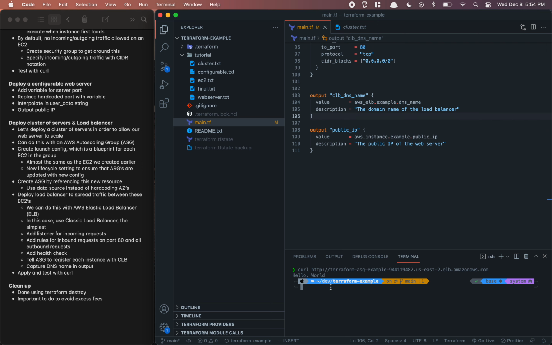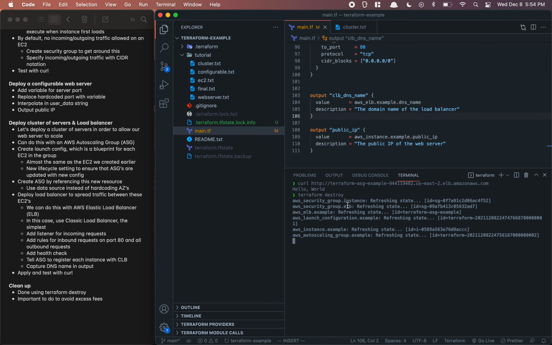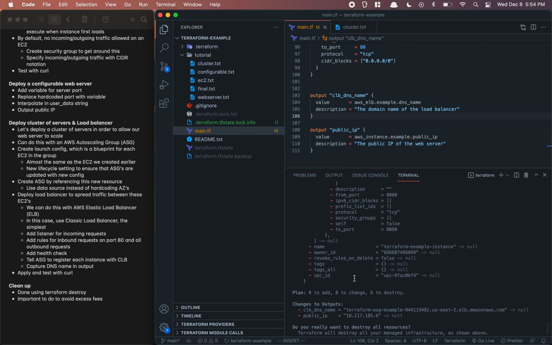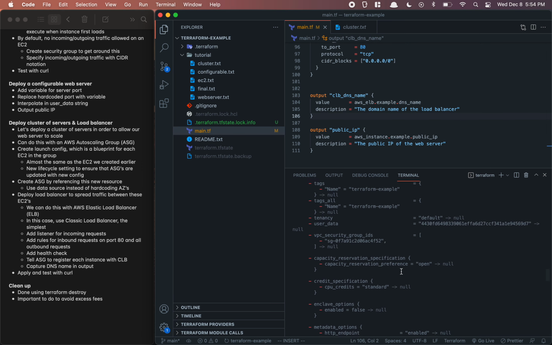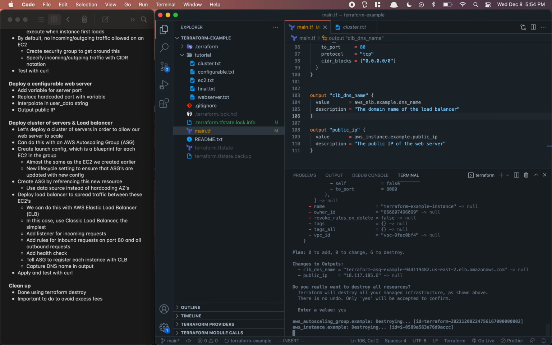The last thing I want to show you is just how to clean everything up, right? Because we just deployed a bunch of resources. If you were doing this in the console, you'd have to go to all the different menus and manually shut everything down. What's cool is with Terraform, you could just do terraform destroy. It'll of course ask for confirmation. It'll go through everything we created and show you exactly what it's going to destroy and confirm this,